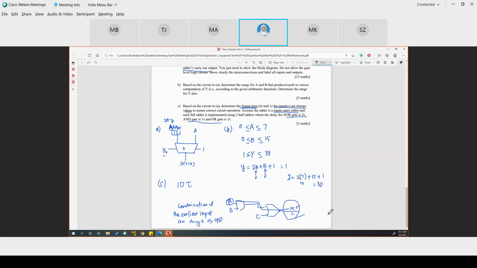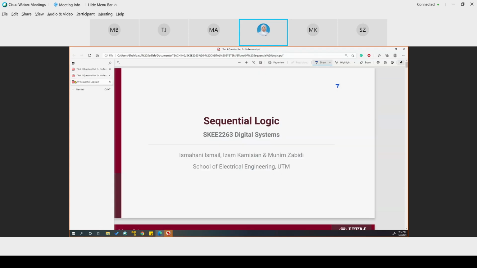Okay. The earliest is after the CPD. So the question here is just asking what is the CPD of this circuit. Same meaning. Alright? So with that being said,